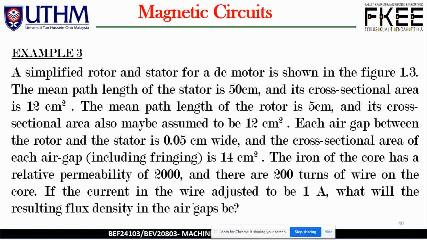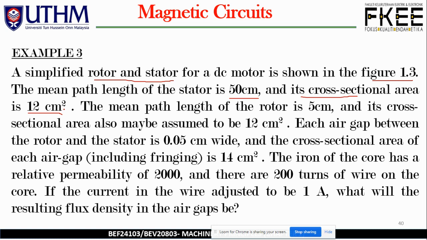Okay. So jumping over to example 3. So the question describes that a simplified rotor and stator for a DC motor is shown in figure 1.3. So we look at the figure in more detail later on. So the mean path length of the stator is 50 centimeter. So the question has already calculated the length for you, and its cross-sectional area also has been provided here, which